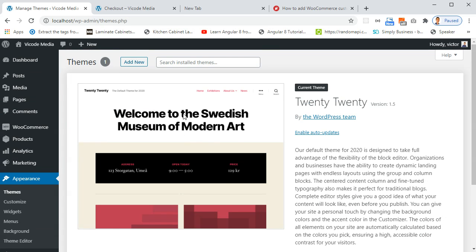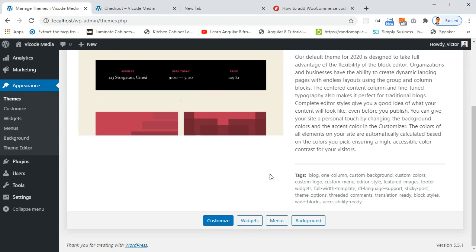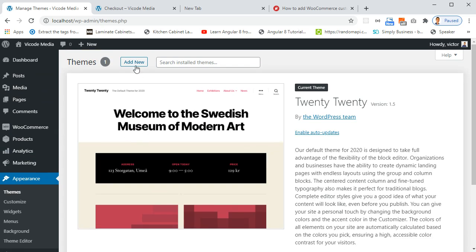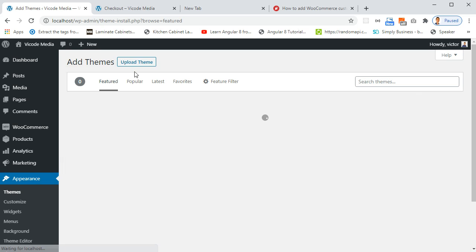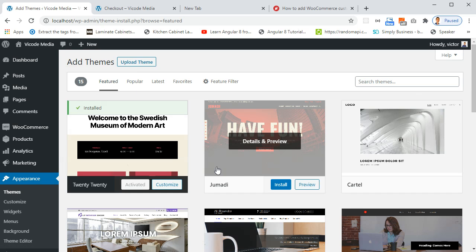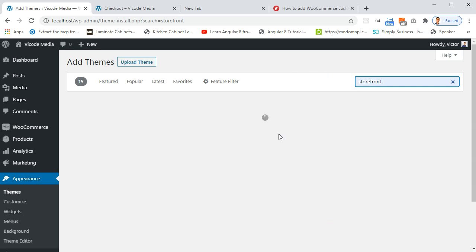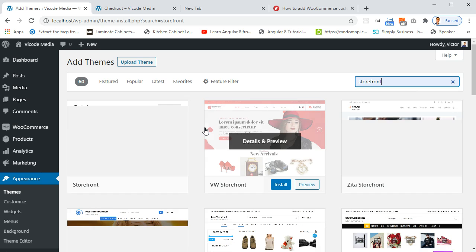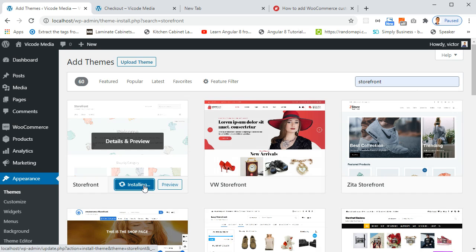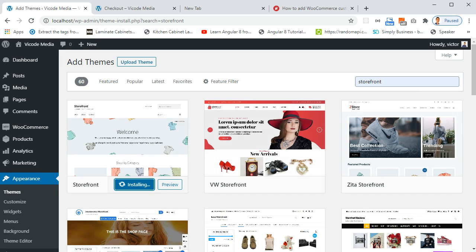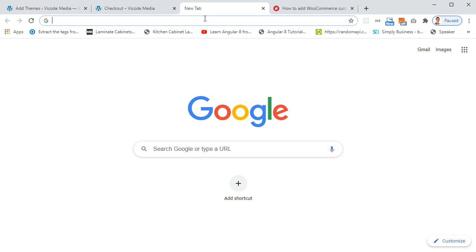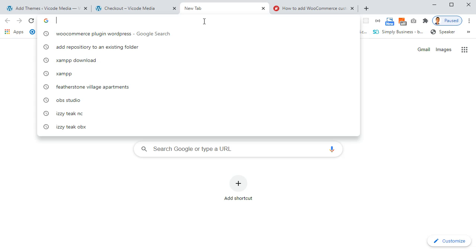So whenever you have WordPress installed, whatever theme you're using there, in my case I'm just gonna add storefront again so you can see how I'm just gonna start everything from scratch if you want to follow along with me. So I'm gonna add storefront from the dashboard, and storefront is here. I just click install. This is gonna install the theme, and meanwhile this is installing,